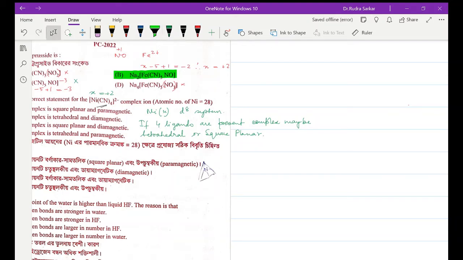Okay. Now, when strong field ligands are present, such as CN, the complex is